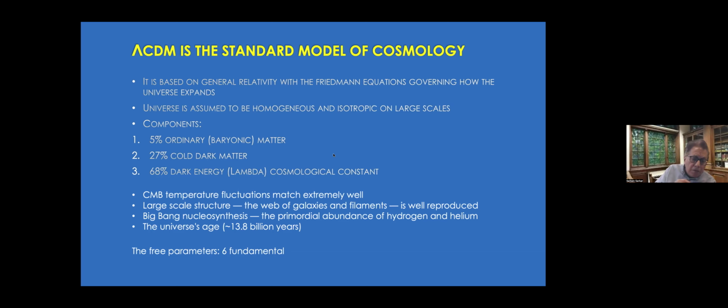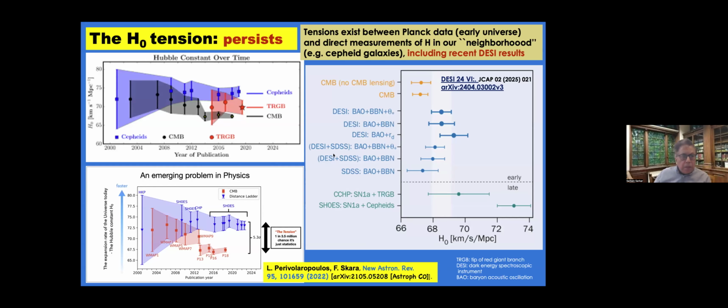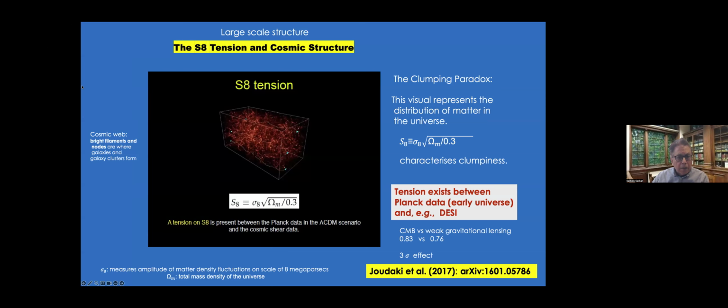It's got only six fundamental parameters. The CMB temperature fluctuations match extremely well with its predictions. The large-scale structure, the web of galaxies and filaments, is well reproduced. Big Bang nucleosynthesis, primordial abundance of hydrogen and helium, again, in good shape with the model. The universe is aged 13.8 billion years, again, in good shape with the model. So, what's the problem? The problem seems to be that since experiments are getting more and more refined, cracks are